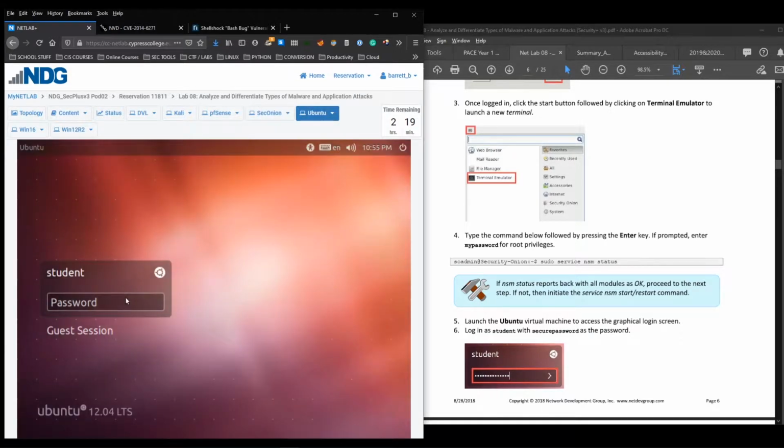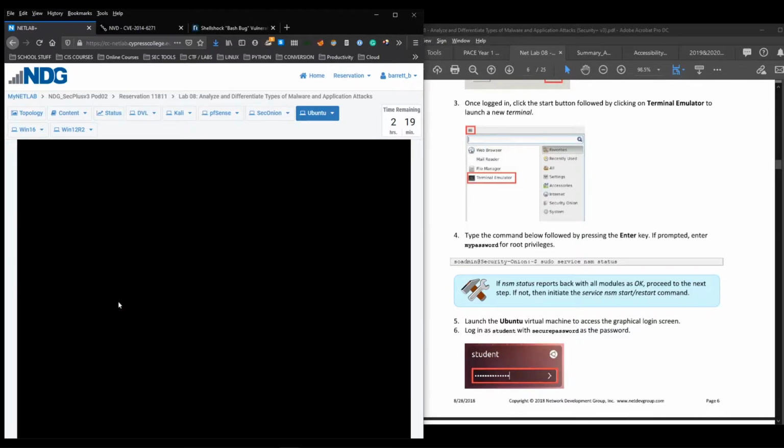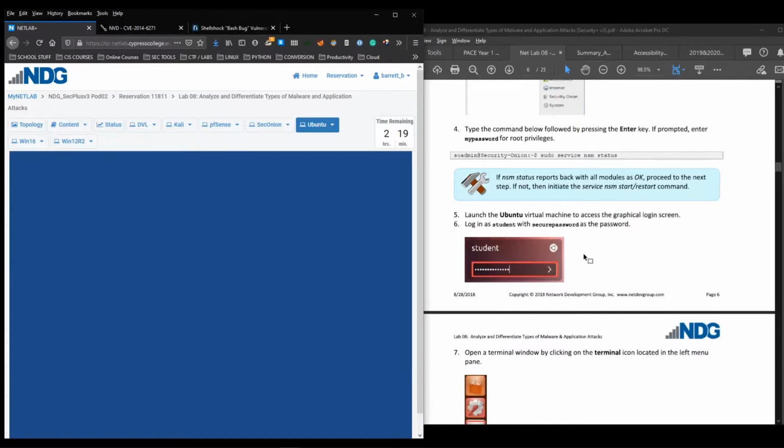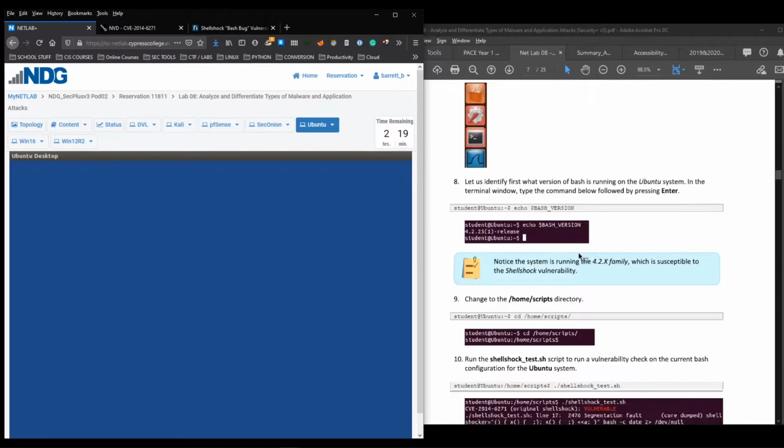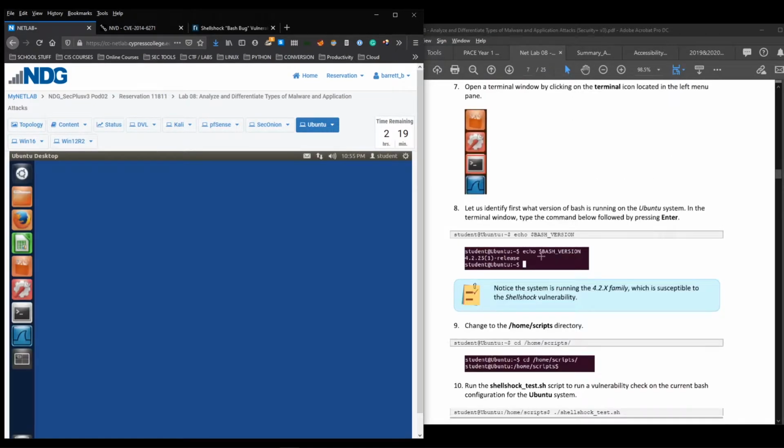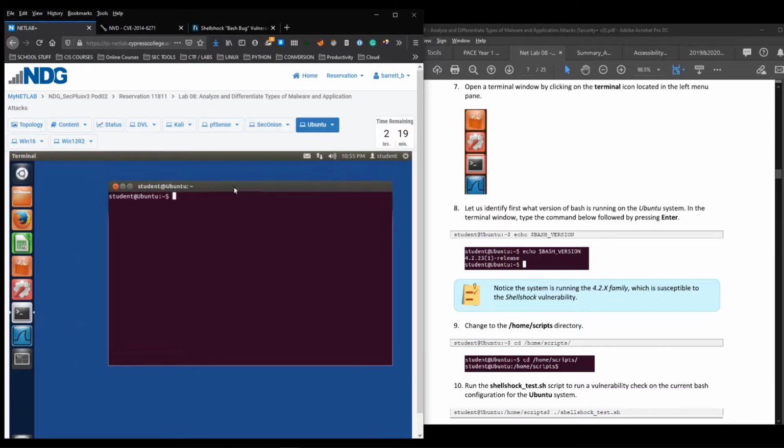Now we'll move to the Ubuntu machine. Okay, great. So this is the machine that we are going to be exploiting. But first we can take a look and see what version of the Bash shell we are currently running here. So say echo $BASH_VERSION. Essentially what we're calling here is a variable. If we press enter, we see that we're running